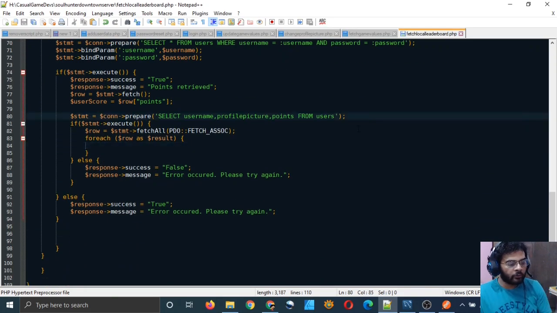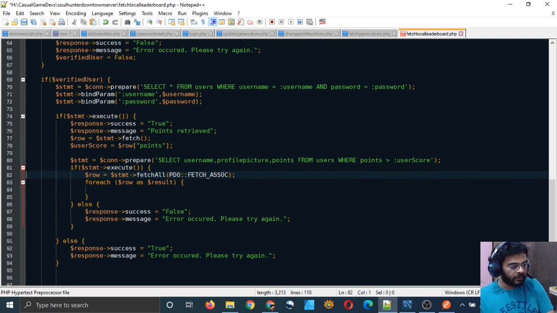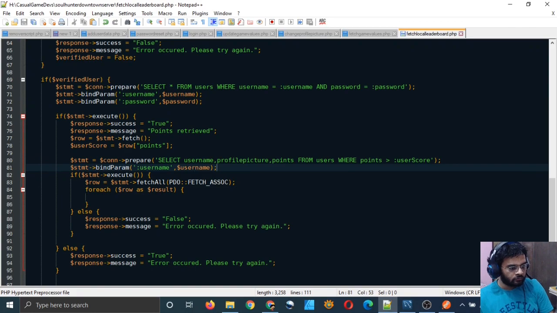One more thing, from users where points is greater than placeholder user score, and I will have to bind this placeholder to some variable. The placeholder is user score, and the variable name is also user score.